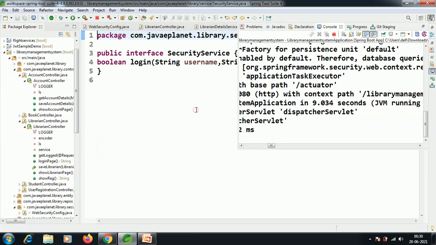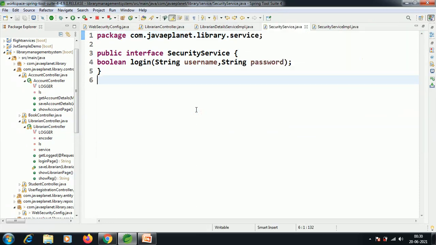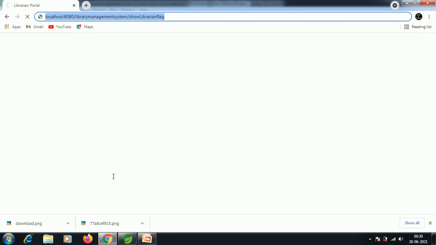I want to access the library page. Here I want to access the show librarian registration URL resource, the page resource.